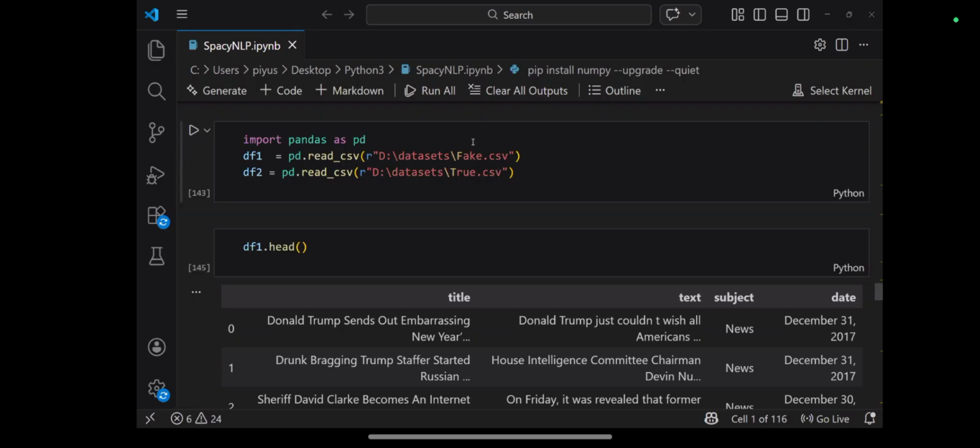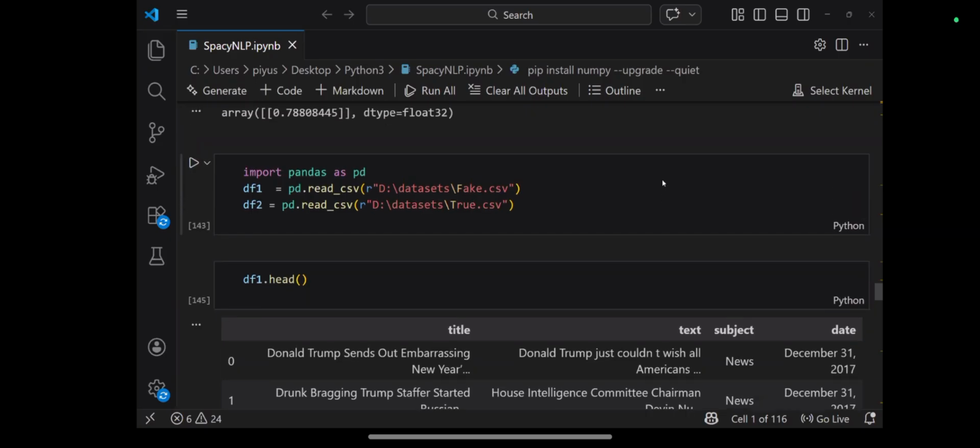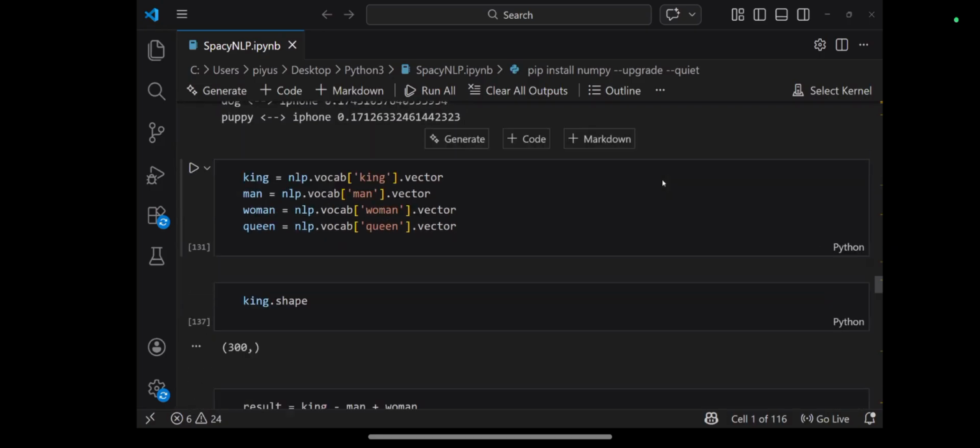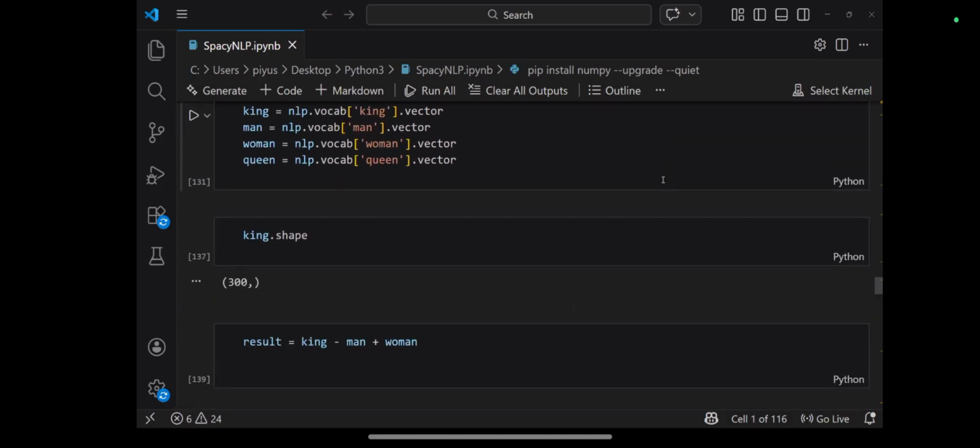So again, it is about fake news classification, and this file also tells you about spaCy, one of the toolkits that we use in NLP.